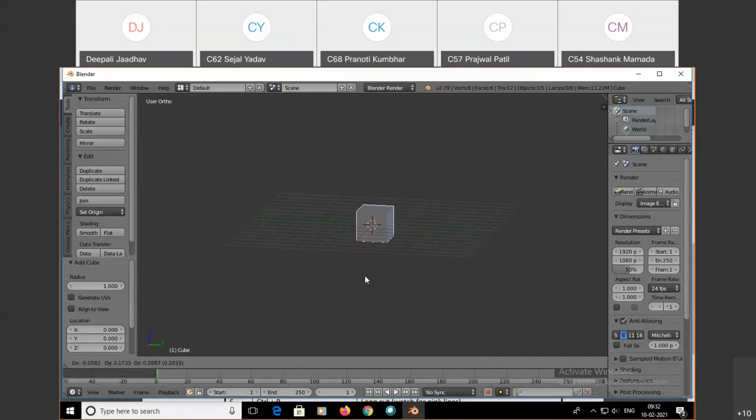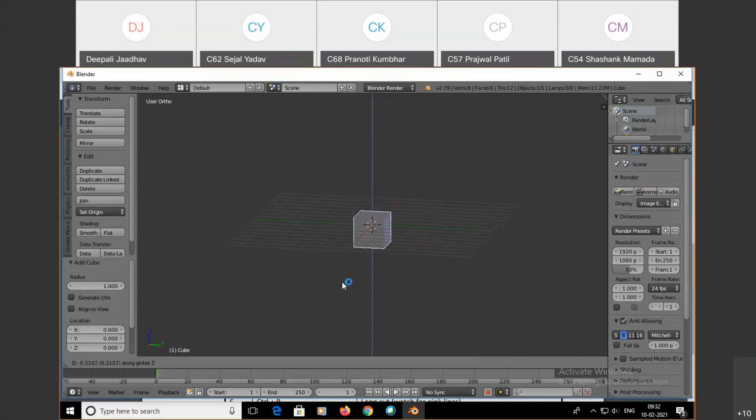Suppose I want to move it only in the X direction, then only move it in the X direction. Suppose I want to move it only in the Y direction, it moves in only the Y direction. And suppose I want to move it in the Z. See, blue is the Z and X is the red. Sorry, previously I told it wrong. So it moves in the Z direction.